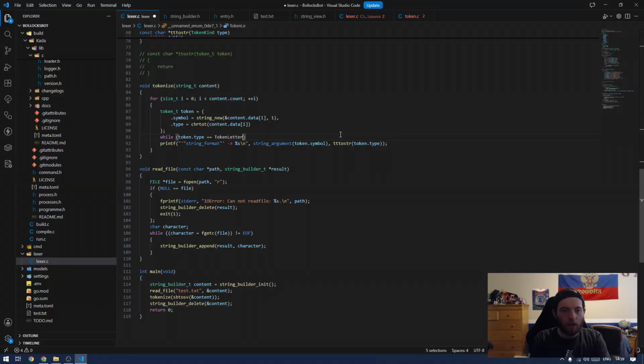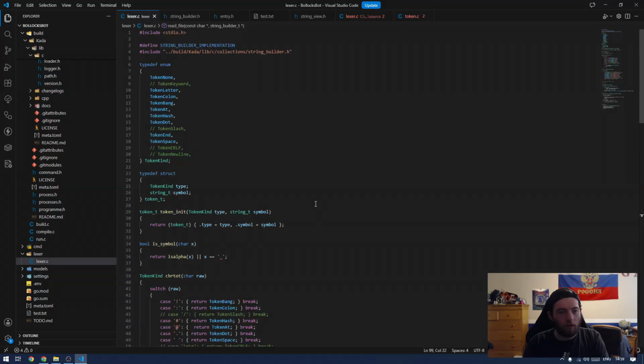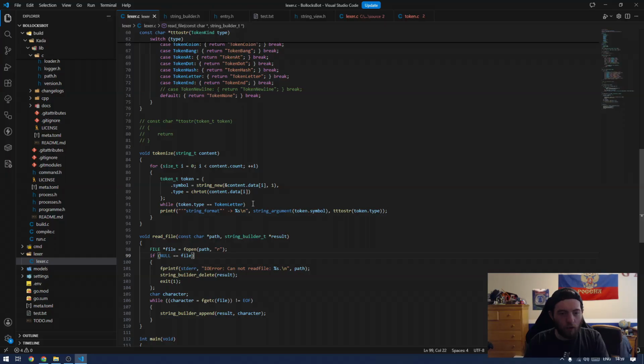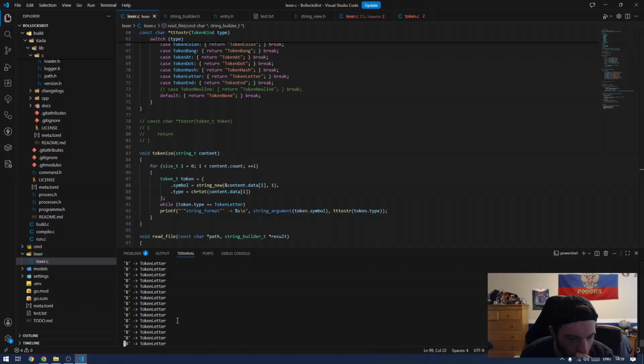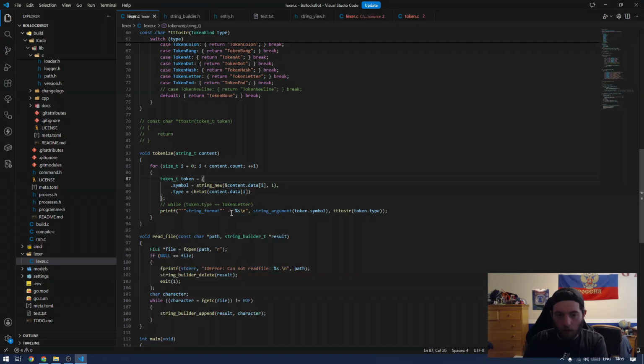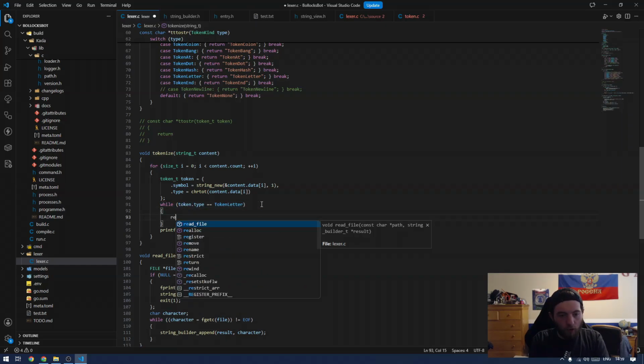Token letter. I think that's fine. Is equal to token letter, correct? Alright, we don't increment, which is fair. That is exactly what I've done. But we're just making sure. Okay. So while token type is equal to token letter, we're going to,